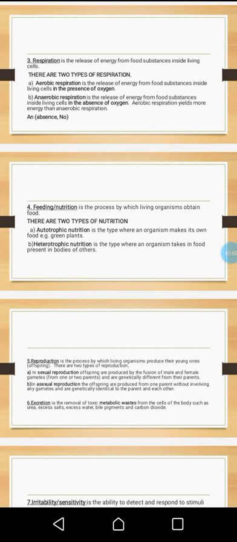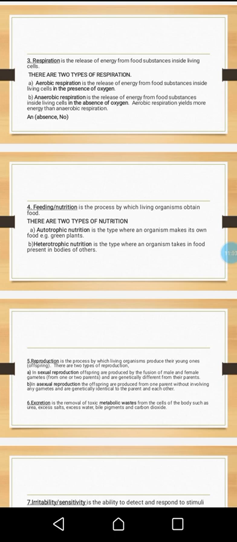So we can say aerobic respiration is the release of energy from food substances inside living cells in the presence of oxygen, while anaerobic respiration is the release of energy from food substances inside living cells in the absence of